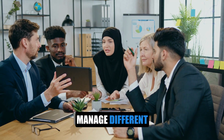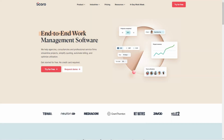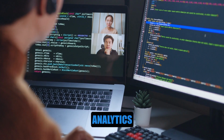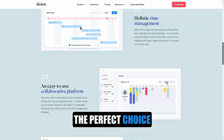If you're tired of switching between multiple tools to manage different aspects of your business, Scoro offers a complete solution. Scoro is designed to bring everything under one roof, from project management and CRM to invoicing and analytics. This all-in-one platform ensures that every department in your company can collaborate seamlessly, making it the perfect choice for businesses